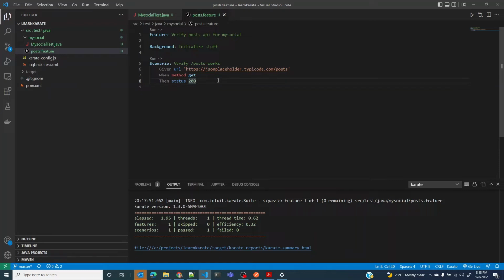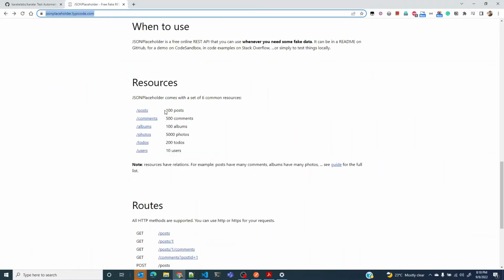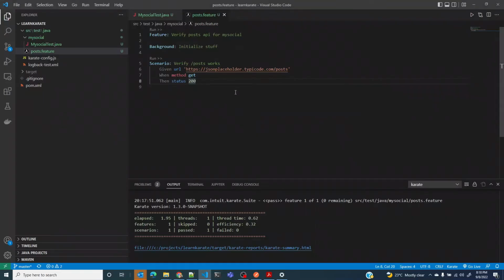What else can we do? Well, we know that if you look here, it says it will return 100 posts. Well, we could verify that. Whenever you have multiple things in a given context, you could just say and. In which case, it will not only check that the status is 200, it will also check whatever else follows. In our case, what we want to assert is the